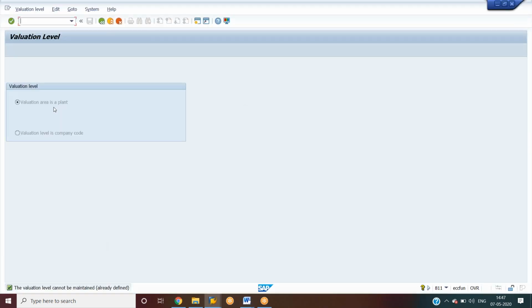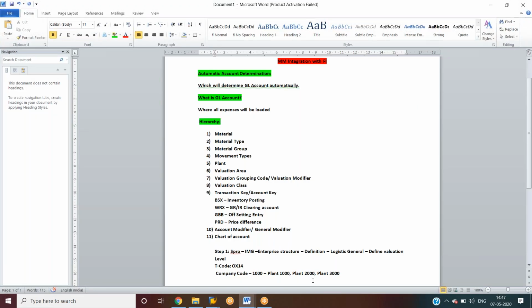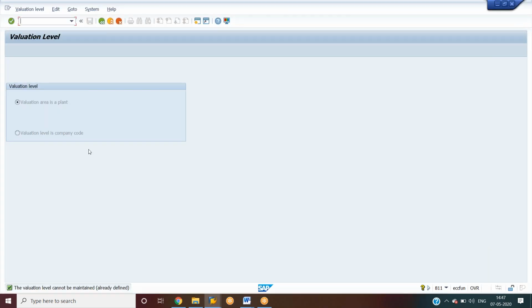If we maintain the valuation area at plant level, then the valuation of the price takes place at the plant level. In this case the price of the material will differ from plant to plant.